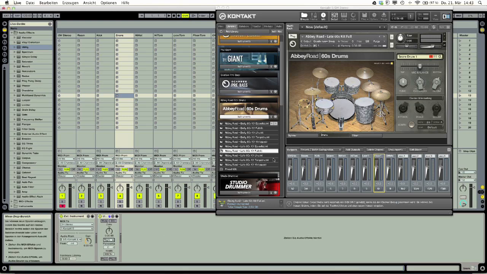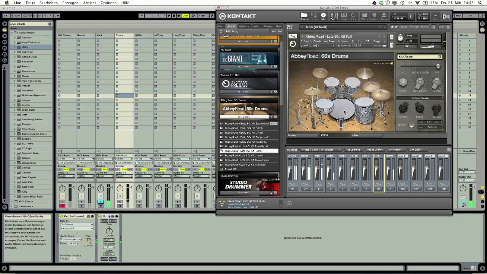And now, if you solo them, you hear kick drum here. And this, that's pretty cool. It's a snare blend.